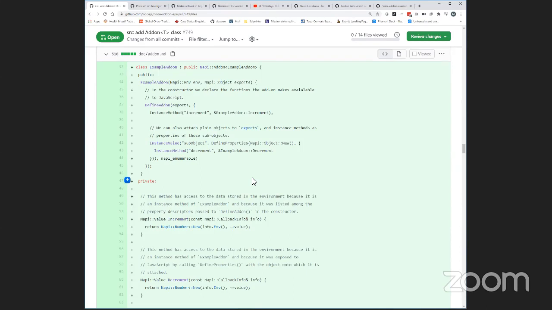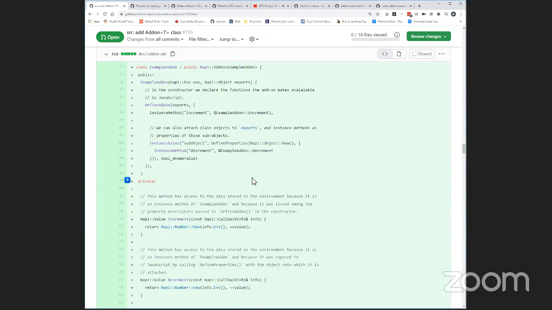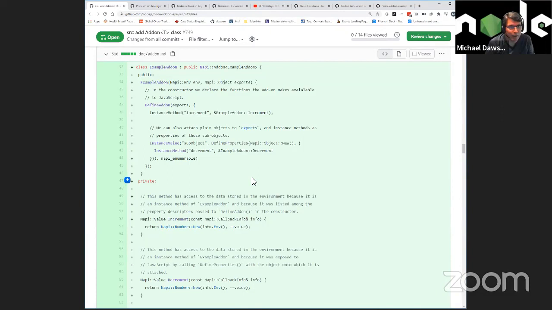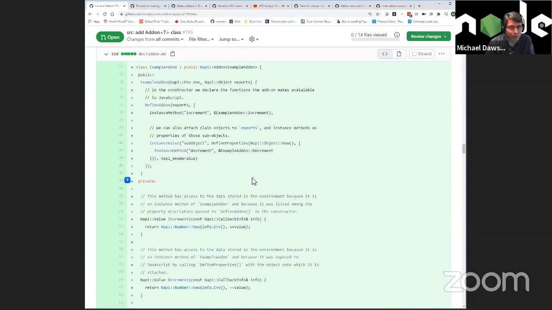And you're not really using this class at all, because you're just defining three values. But if you have functions, like you expose exports dot something, exports dot something else, and those are just plain functions, you would benefit from declaring that using an instance method on the add-on rather than using nappy function new, because then inside nappy function new you have to retrieve the instance data yourself. Whereas if you do it with instance method, you get that for free because they are instance methods of your C++ class. That's the benefit. Yep. Okay.